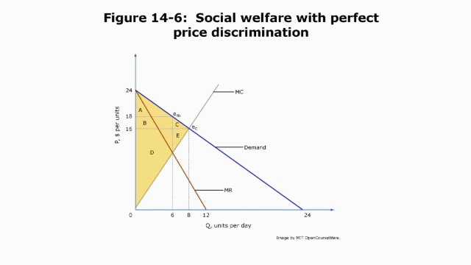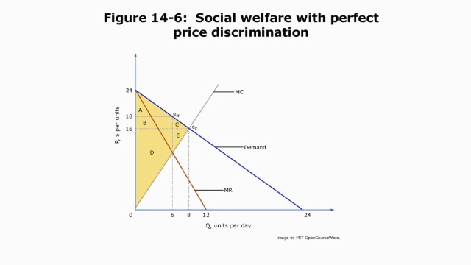Well, consumer surplus is what? What's consumer surplus with a perfectly price discriminating monopolist? Somebody raise their hand. Yeah. 0. Why is it 0? Because they're charged exactly how much they value. Exactly. Consumer surplus is defined as willingness to pay minus price. But your price is set equal to your willingness to pay, so by definition, consumer surplus is 0. With a perfectly price discriminating monopolist, there's no consumer surplus.